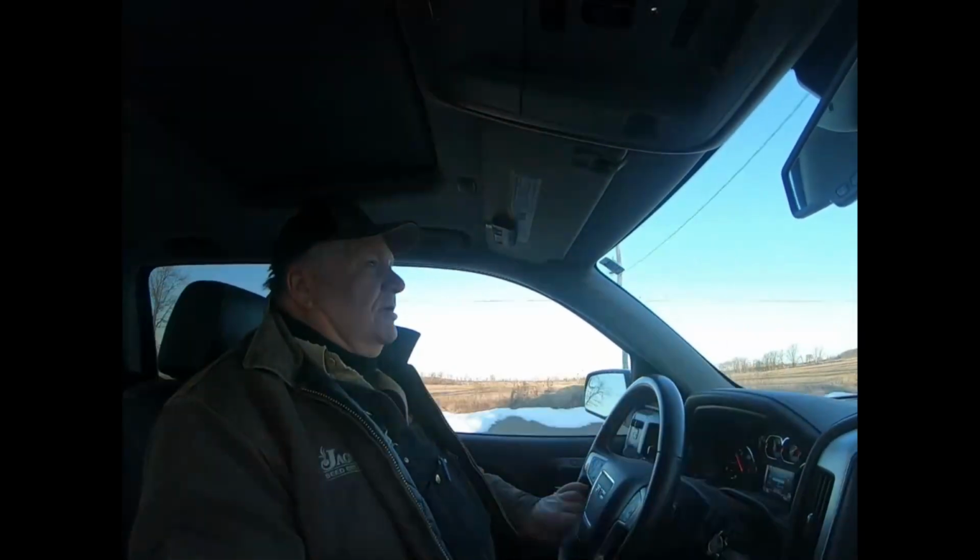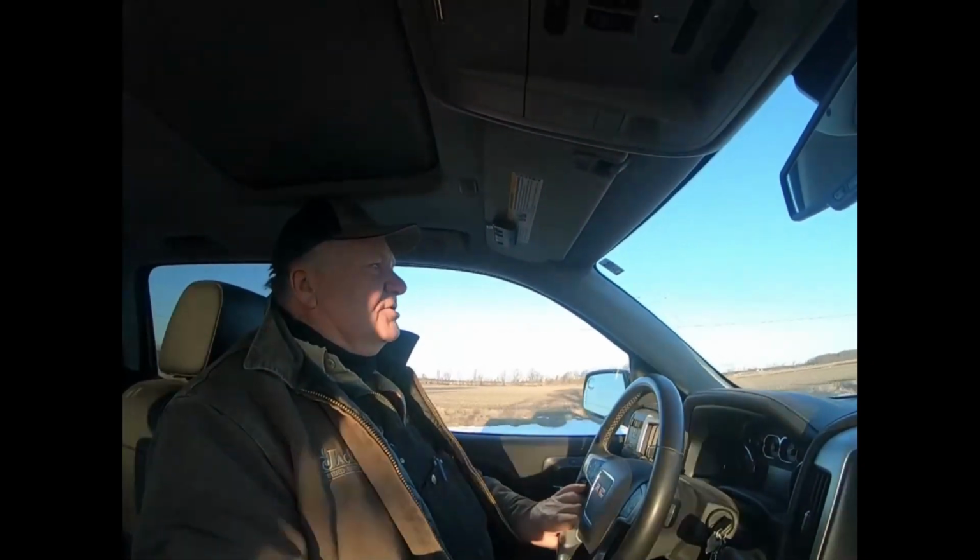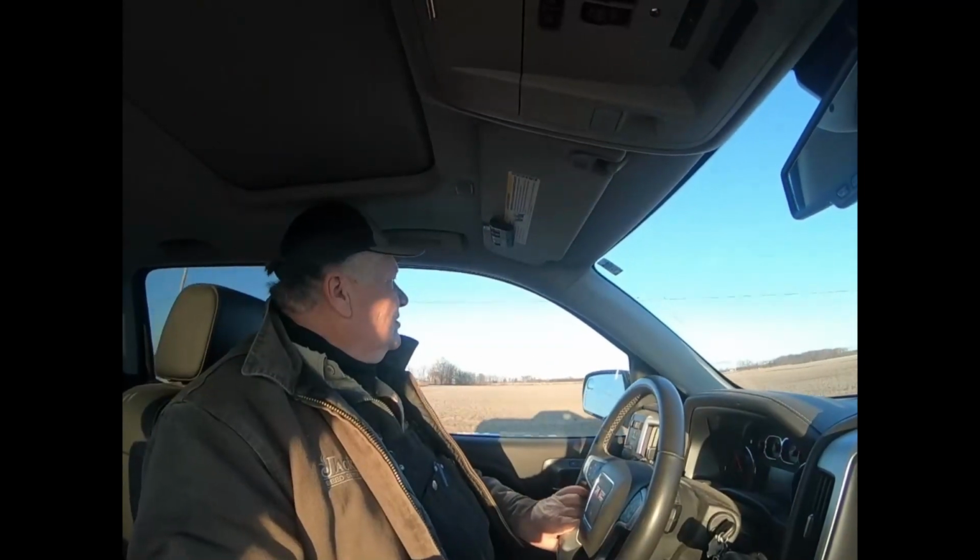So what we're going to try to do today, we haven't done any clover for a couple of years. Last year our wheat was no good. It got drowned out, and we had a poor fall. Didn't grow all winter, and it died in the spring, and it was basically a crop failure. So no clover last year. This year we're gonna put clover on maybe 150 or 200 acres and try it,